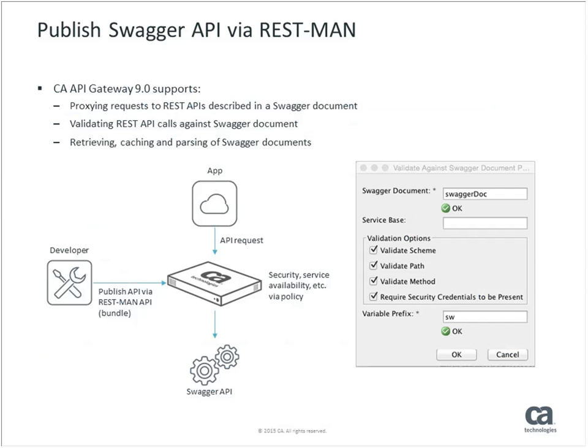Another new feature that we introduced in the 9.0 release is the publish Swagger API capabilities. As part of the 9.0 release, what we support is the proxying of REST APIs that are described in a Swagger document. So what this means, as this diagram shows, is that as a developer, you can publish an API through RESTman